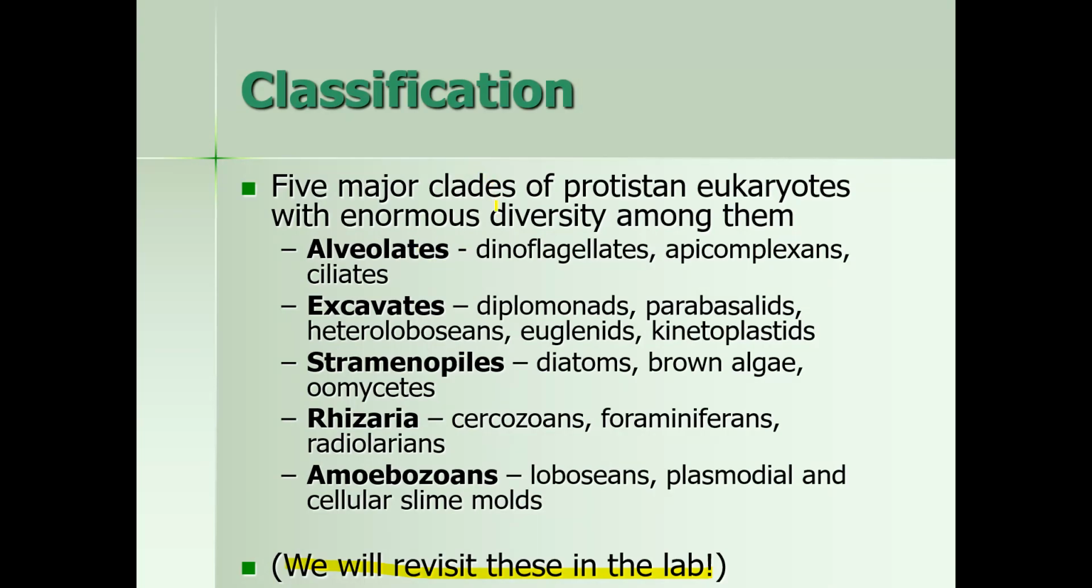Remember, a clade was an ancestor and all of its descendants. So we have 5 major groupings. We have alveolates, excavates, straminopiles, rhizaria, and amoebozoans. Okay. Now I know this is a lot to take in, and on your test you aren't going to see